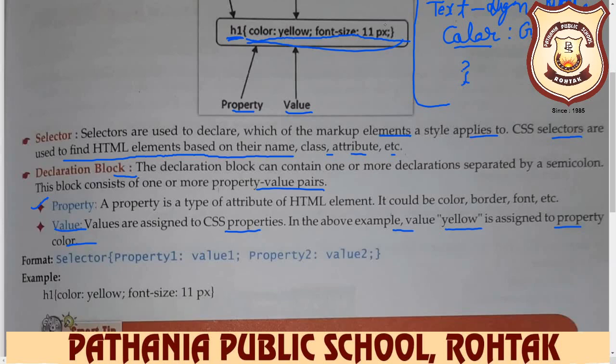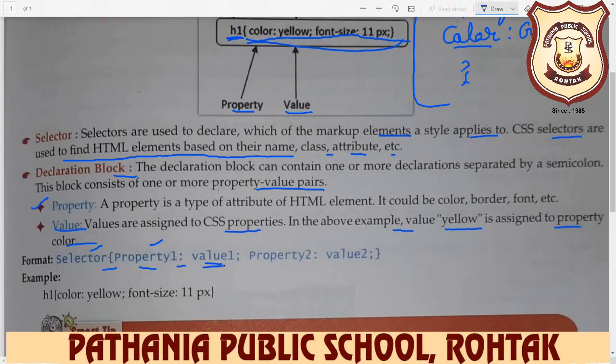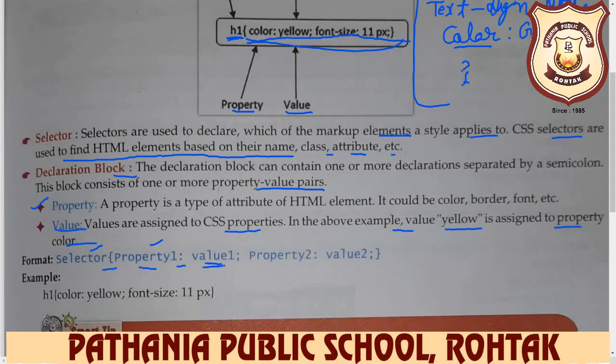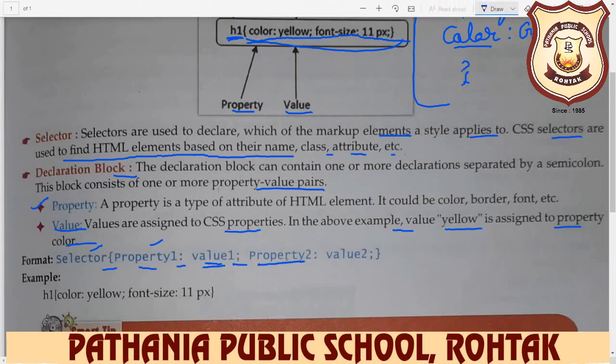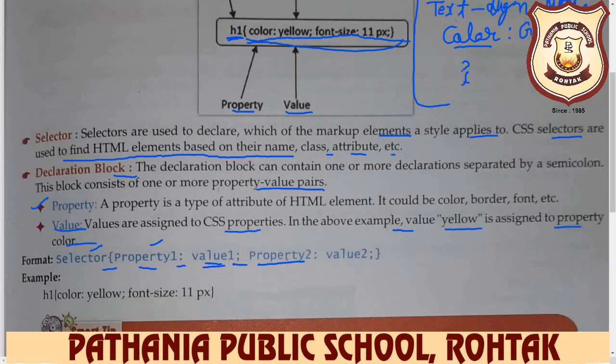Format, how to declare multiple property and value. Format is first you write down the selector like H1, P, H2, H3, anything. Then property 1, then use the colon, then value 1. For example, H1, then use the curly braces, then write down color, then write down value 1. Value 1 is, for example, here yellow. Then use the terminator. After that write down the second property, like our second property is text align. So you use text align, then you use the alignment here, left, right, center, and then use the terminator, and then close the block here.